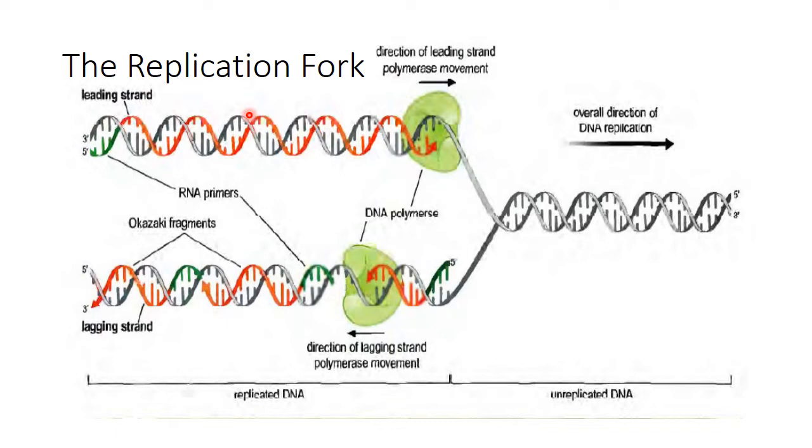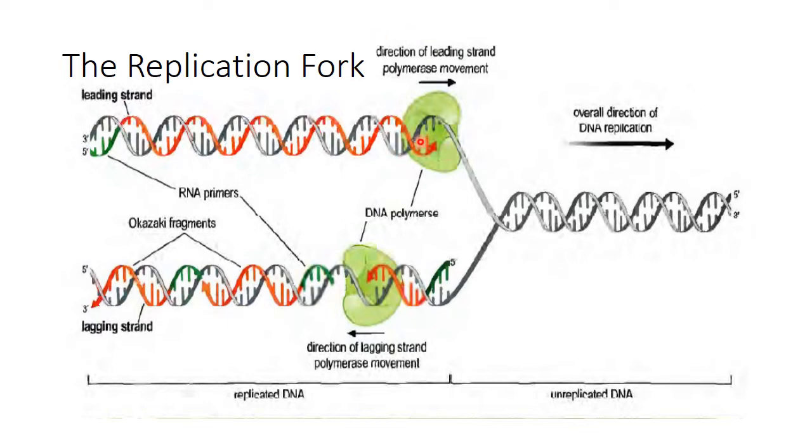The replication fork is a situation where a double stranded DNA opens up or unwinds. There is an unwinding so that a single stranded DNA is obtained, and as soon as the single stranded DNA is obtained, the DNA polymerase enzyme comes and binds to it. So you should always remember that binding of DNA polymerase can happen only when the DNA unwinds, right?